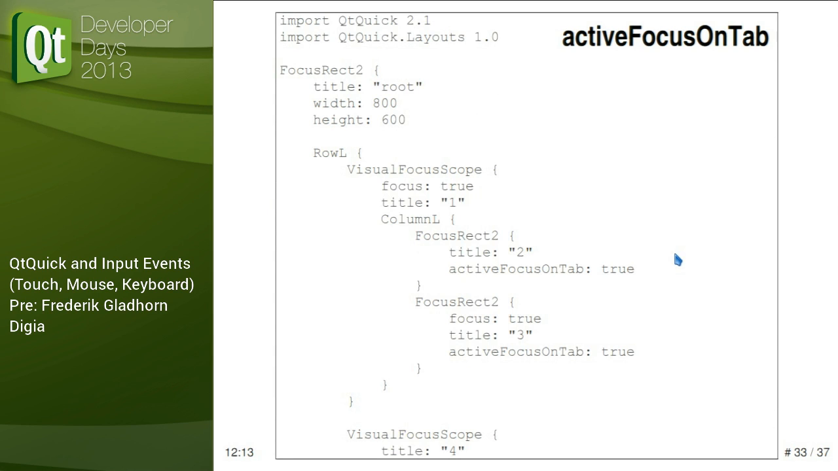Then there's another thing that I think is the most convenient thing, active focus on tab. So what I did now, I took all the rectangles and set active focus on tab to true, and the example doesn't run. We don't have time anyway, so I can fix it later if somebody wants to see it running. Active focus on tab simply does depth first graph traversal on my tree of QML items and moves the